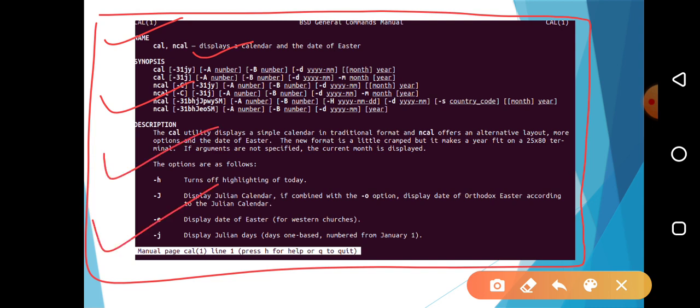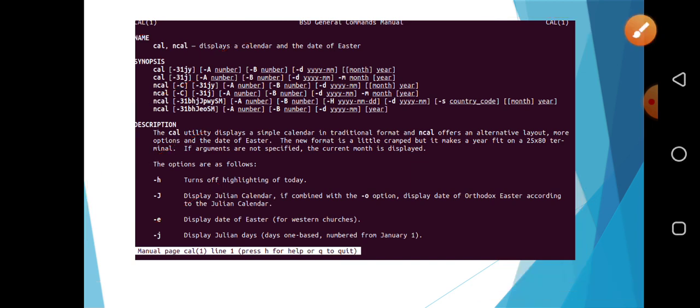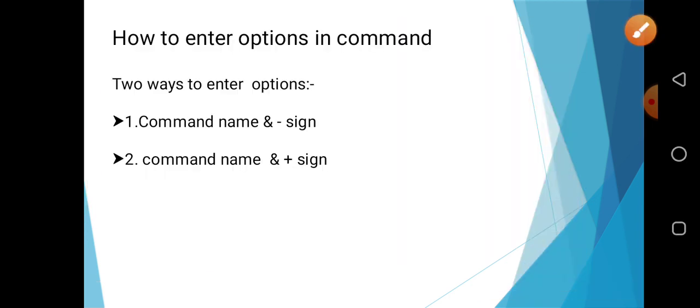So you can easily come to know the different options and the detailed information about any command using the man command. Man stands for manual entry. Press Q to quit the same. So this is all about the basic general purpose commands.